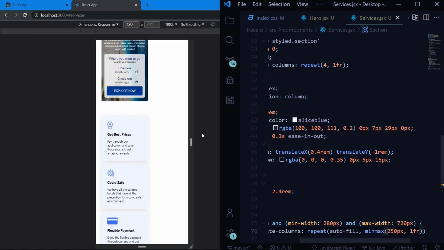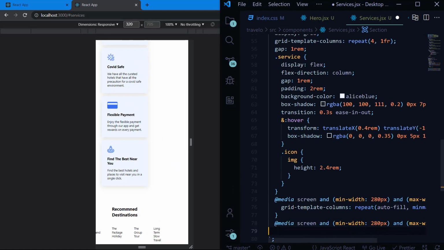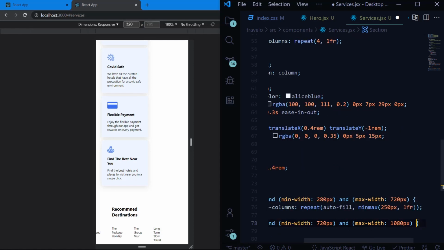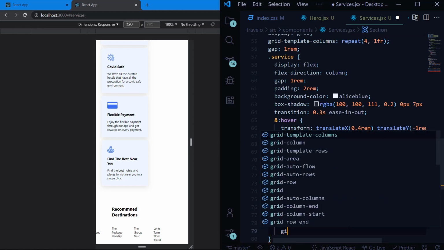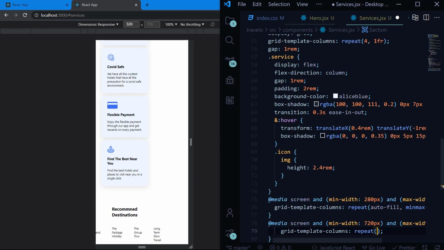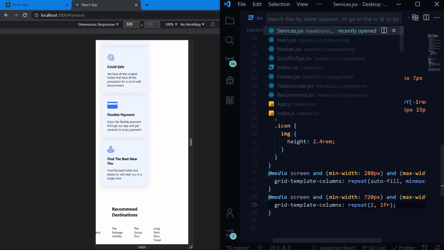Save this. Yeah, it has been styled. So now what we'll do is we'll paste the media query again, and now it would be between 720 pixels to 1080 pixels. And now we'll write grid template columns repeat 2 and 1 FR. So when the screen is the size of iPad, we only have 2 services in a column. Okay, that's done. Now head over to the destinations recommend component,